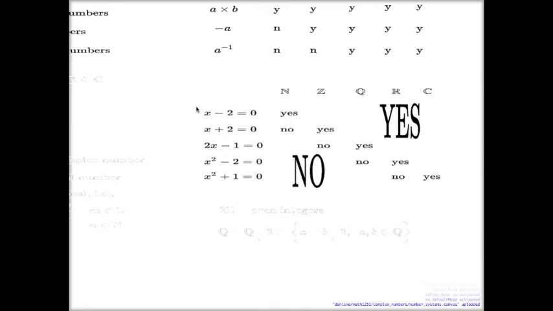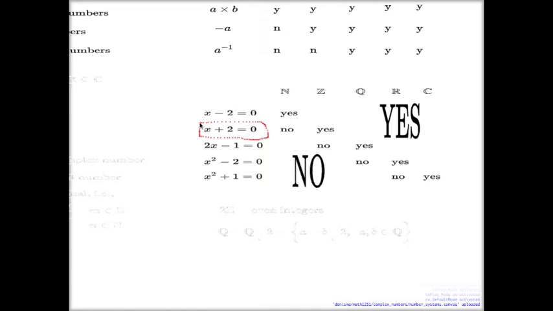So that's the simplest equation there is: x take 2 equals 0. We all know what the solution to that equation is, right? It's x equals 2. And because 2 is a positive integer, by implication it is an integer, by implication it is a rational, by implication it is a real number, and by implication it will be complex when it comes to it. It means that this equation, x take 2, is solvable across all of the 5 canonical classes of numbers. If I take another example now, say x plus 2,